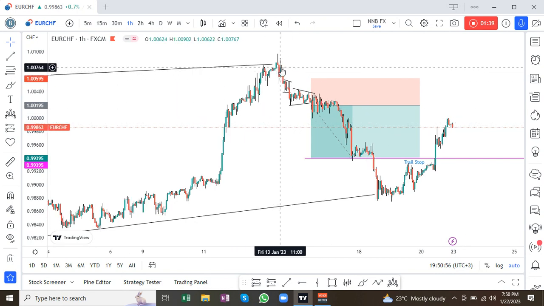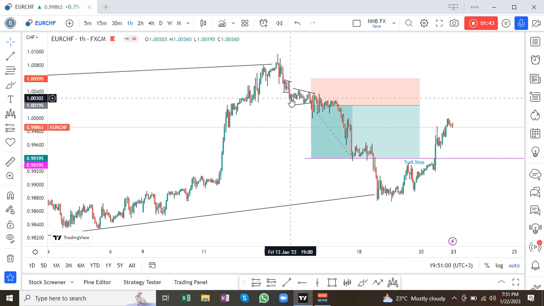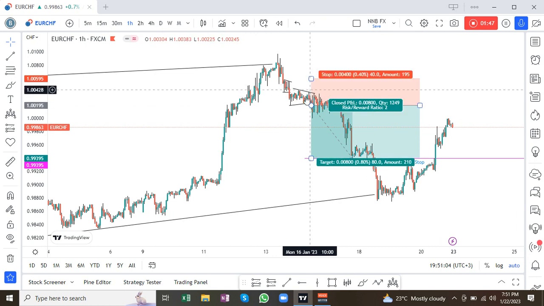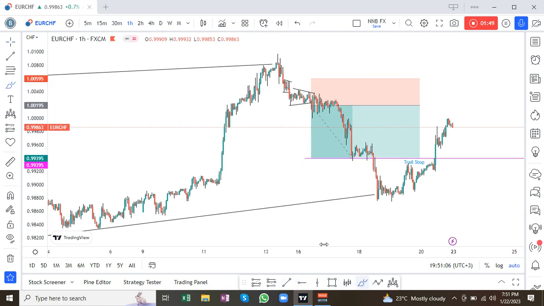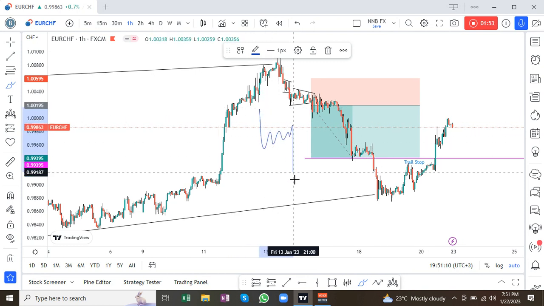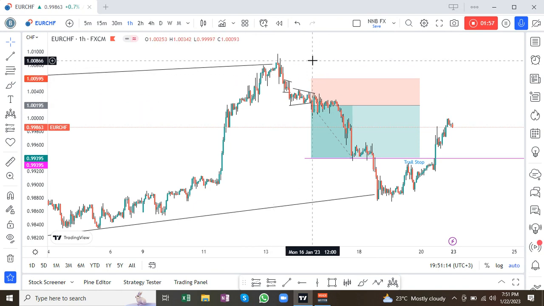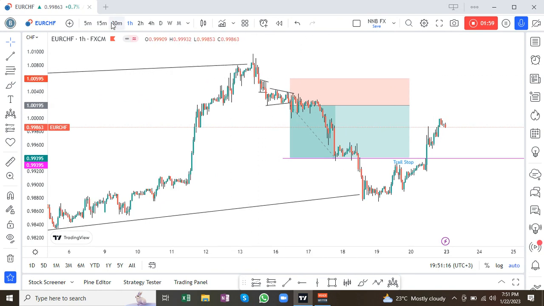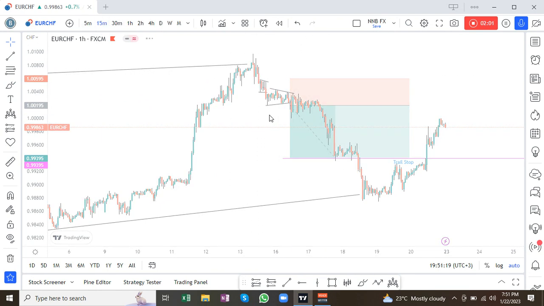So on Friday it also impulsed down and corrected a little. So on Monday I was waiting for a correction and I had planned to enter on the break of correction. I was just waiting for it to impulse down and I had planned to enter on the break of that correction, and that is exactly what it did. If you go down to the 15-minute time frame,